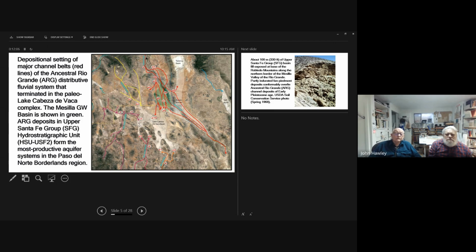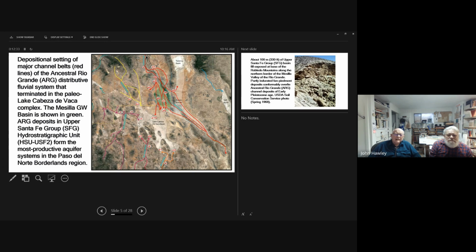And you'll see these red lines. They are the main lines of channel belts, of channels of the ancient Pleistocene Rio Grande. So in this case, about 5 million years ago, the Rio Grande and the River Bravo